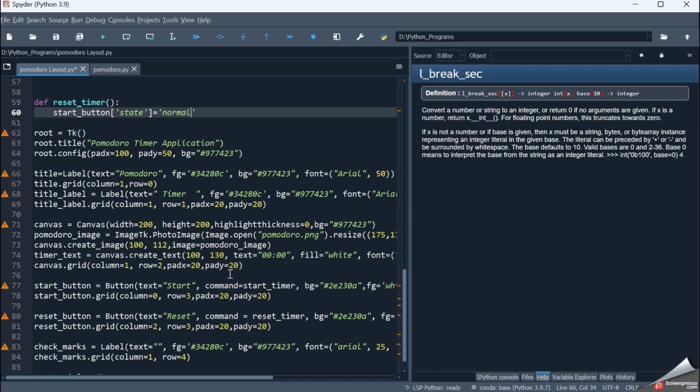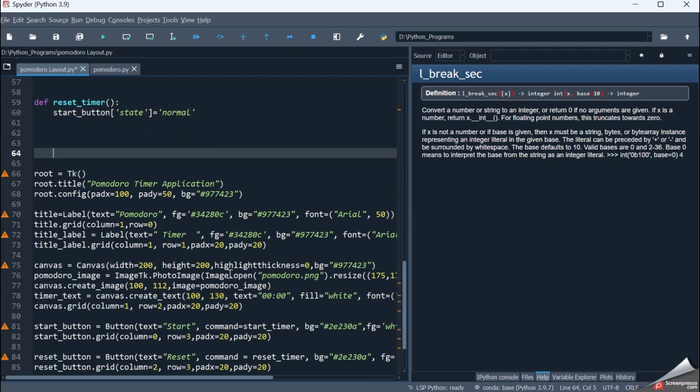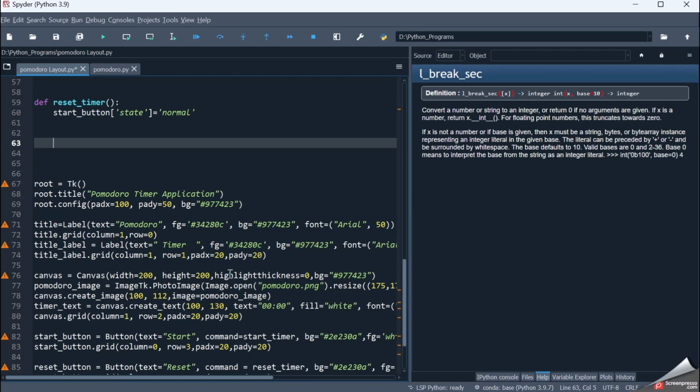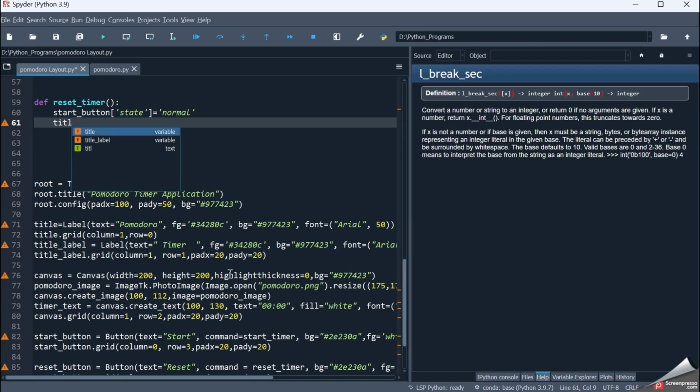So we'll make it enabled. And what is the title which we have to give? Title, and then we have to say root.after_cancel timer. So whatever timer was running earlier, when we click on the reset button, it will cancel that particular